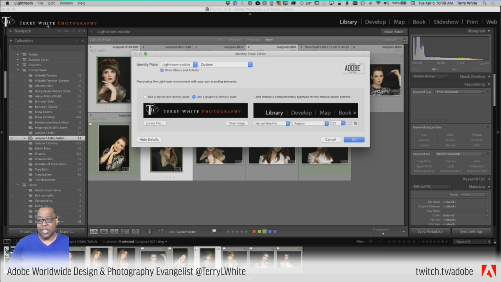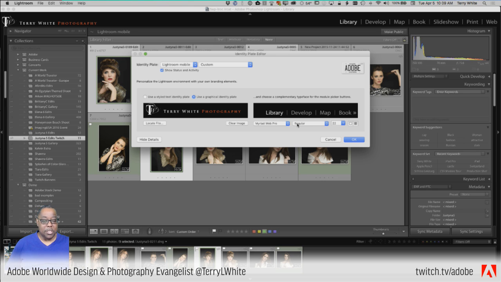That way it says my name up there, or my studio name, or whatever it is, so that customers who are looking over my shoulder, or models or whoever, think, wow, it's the Terry White Photography application. And that way they don't see anything about Lightroom. So it's kind of a cool feature to be able to customize Lightroom to look like you want it to look in terms of your logo or your identity. Now, if you don't want to use a graphic, you can just use text. Before I was using a graphic, I was just using text that said Terry White Photography. And you can pick the font and everything else that you want it to be in.